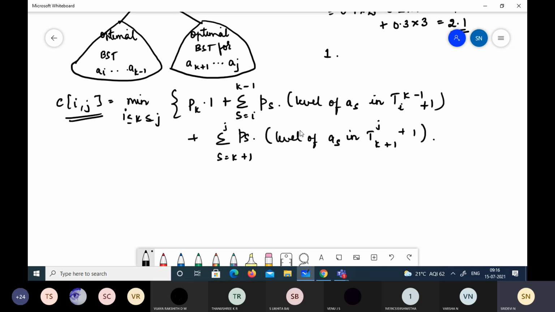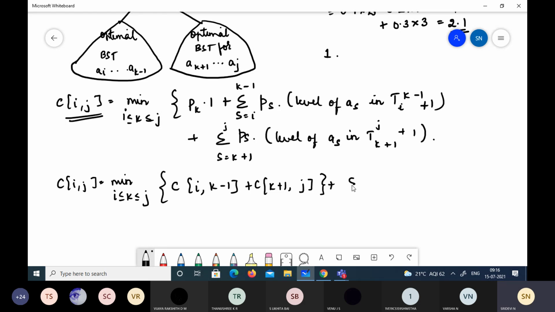Okay. And if we go on simplifying this, we will get the final recurrence relation as C of I, J equals the minimum, where K varies from I to J, of C of I, K minus 1 plus C of K plus 1 to J, plus the sum of the probabilities from I to J, with I and J being between 1 and n.